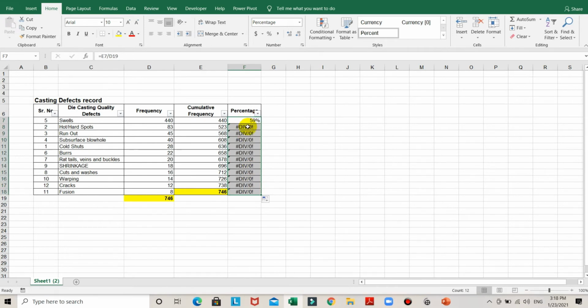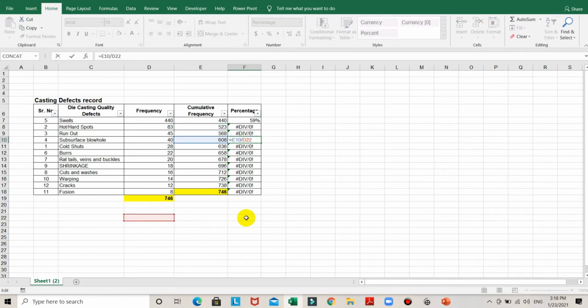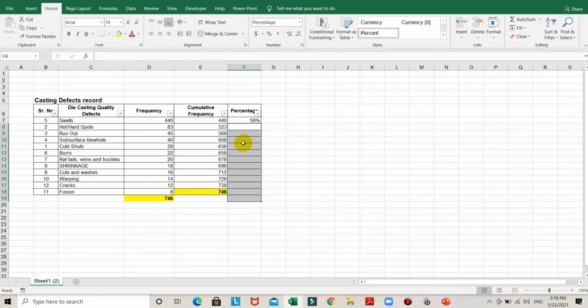But here you can see there will be an error for division by 0. Because if you try to double click it, this cell is shifting down. Again if you try to click on it, the cell is shifting down. So here you have to lock it, adding the dollar symbol. As we already know in Excel, if you want to lock a cell, you have to select the dollar symbol, and now you can just drag it down.